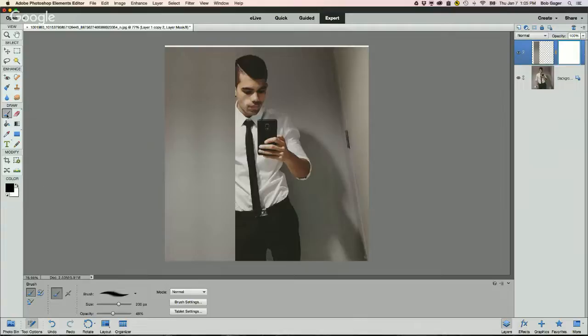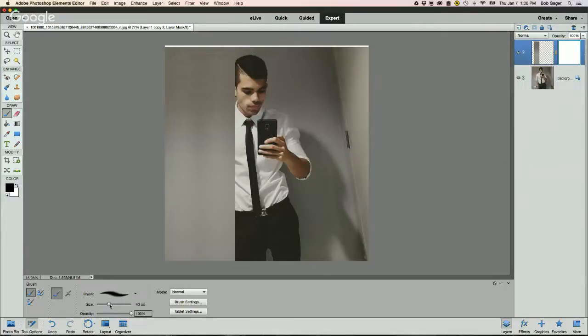All right, so with our brush selected, we want to pick a brush. There's lots of different brushes in here. We want to pick one that's got kind of some soft edges. So go ahead and pick one that kind of looks like this with this sort of softish feel to it. To start off with, we want our opacity all the way up to 100%